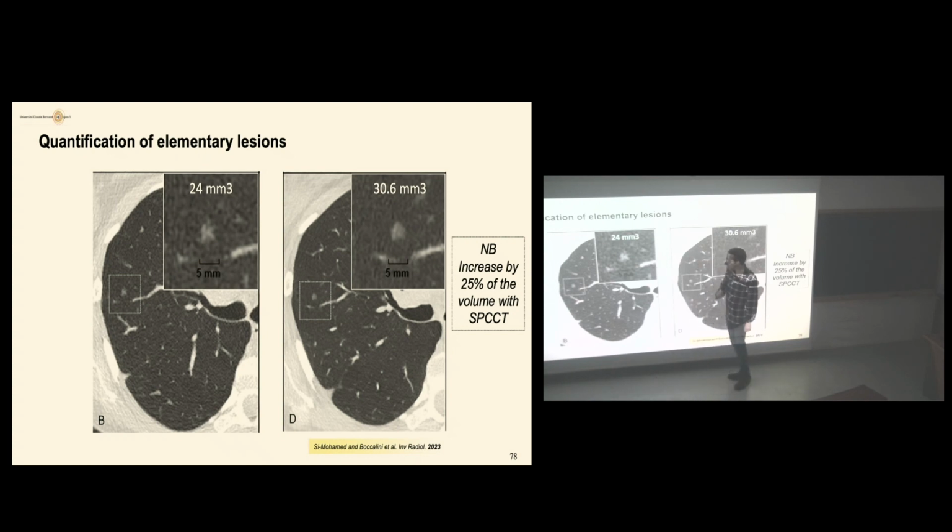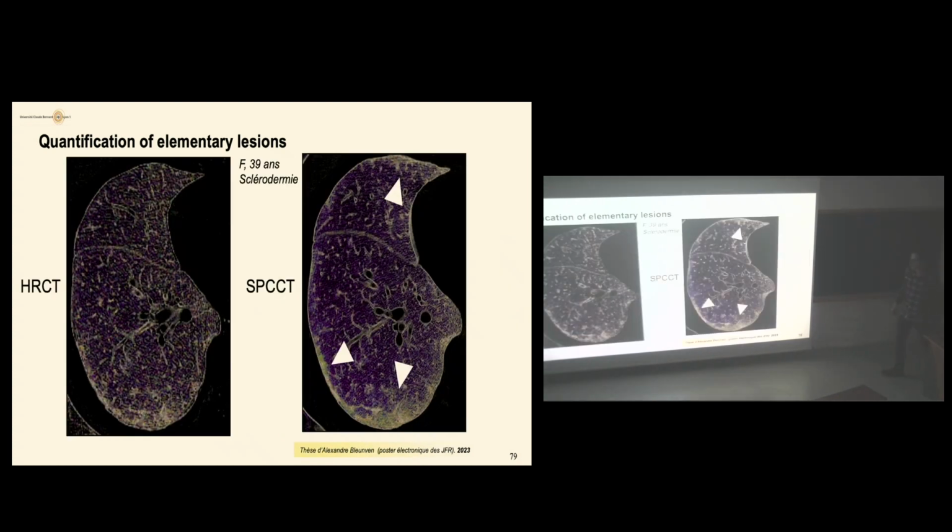When you see that lesion, comparing standard CT and high-resolution spectral photon-counting CT, now you're not decreasing but increasing the volume of this nodule, because you are increasing the contrast to noise ratio, and you are also decreasing the partial volume effect, which is around and generally decreases the volume of the nodule because of the air around. So it's important, and it will change the way we are looking at lesions, and it will change also the way we are quantifying a lesion.